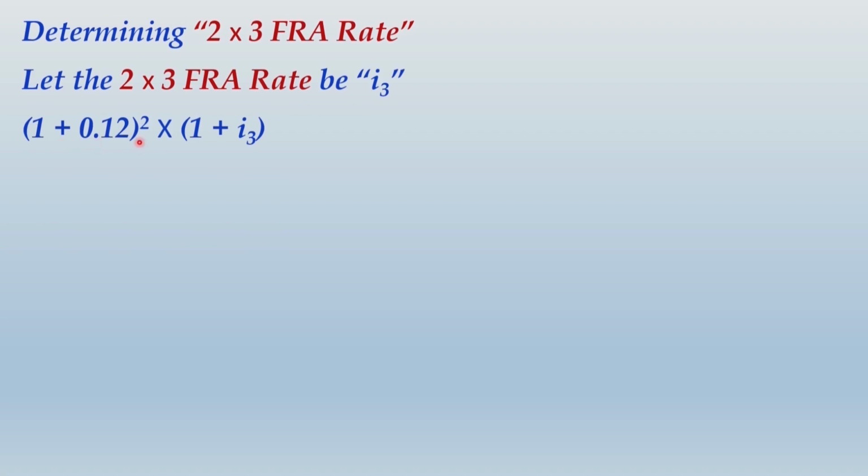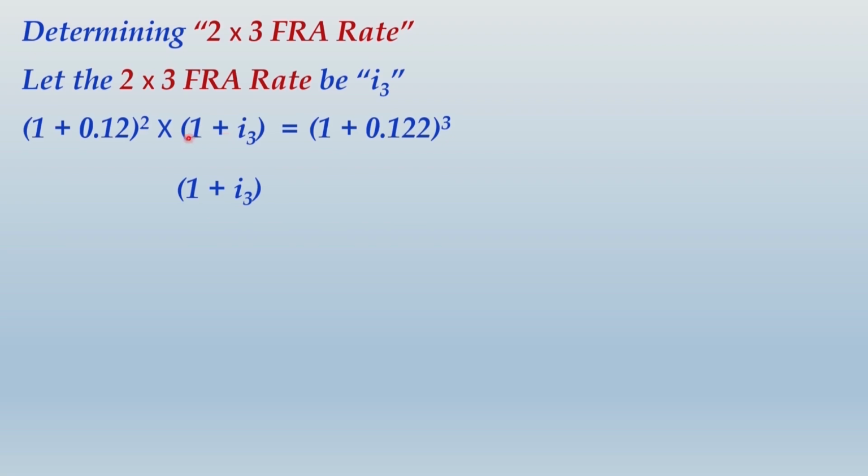So it will be 1 plus 0.12, being a 2-year period, it will be (1 plus 0.12) whole square. But if you are holding the bond with 3-year maturity, you are going to earn something during the 3rd year, and the yield rate for the 3rd year is mentioned as I3. In that case, this would obviously match with the 3-year remaining maturity bond, which was offering you 12.2% as yield rate, but for 3 years compounded value, it would be (1 plus 0.122) raised to 3. When you solve this equation, what do you get?